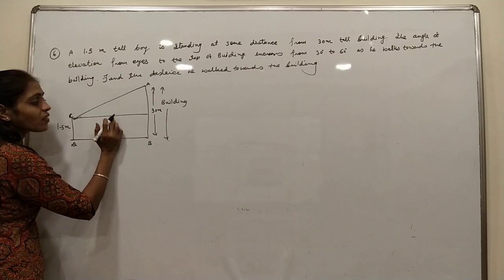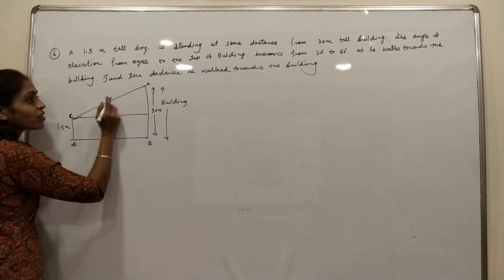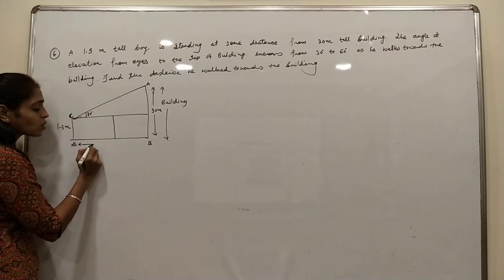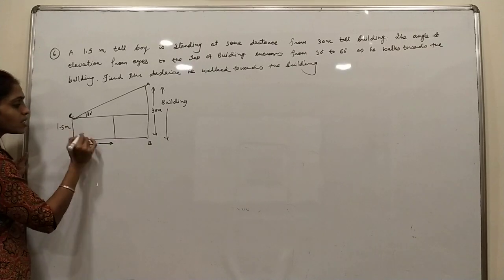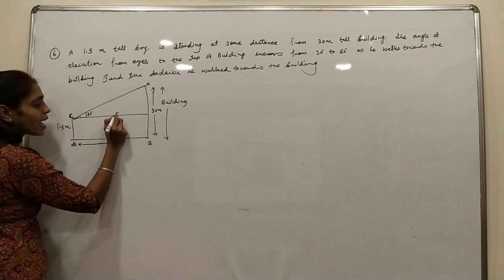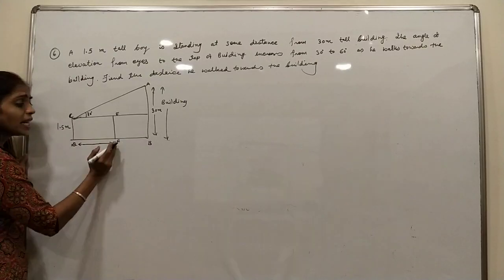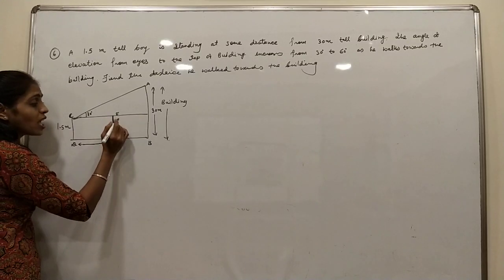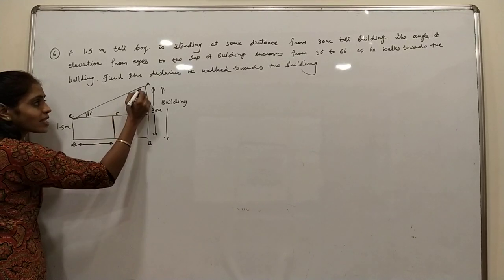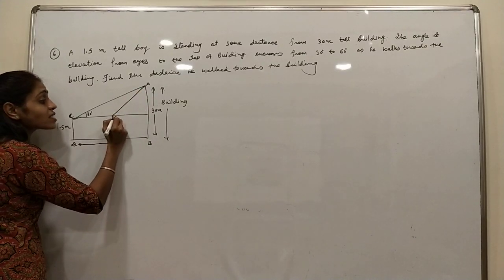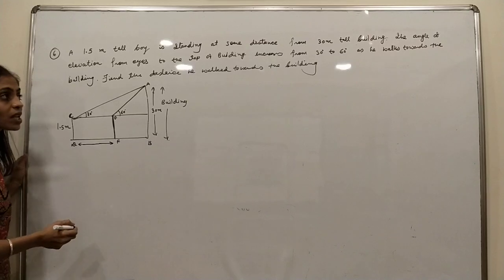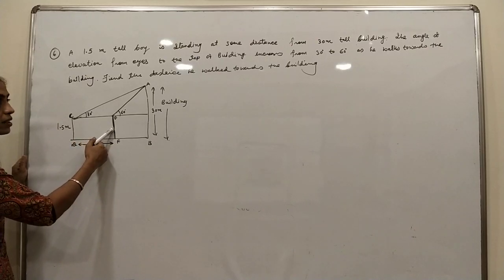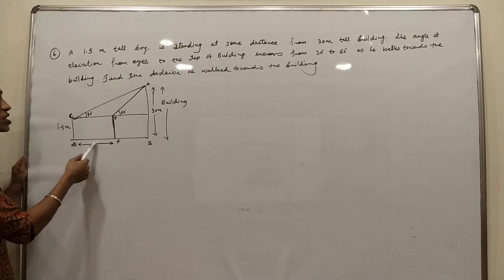That is, the lesser the distance. Now he has come here, earlier he was here. From here the angle of elevation is 30 degrees. Now after walking towards the building, the distance is EF, let it be. After traveling that distance, the person is standing in this position, the distance is less, and the angle of elevation from that point is 60 degrees. The angle of elevation increases from 30 to 60 when this boy walked towards the building. Then you have to find how much distance he walked.